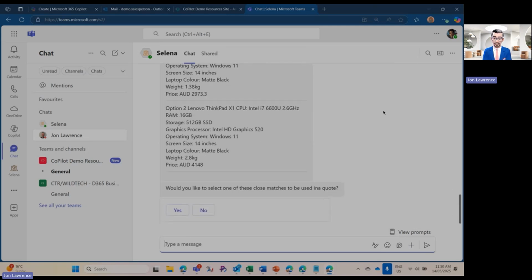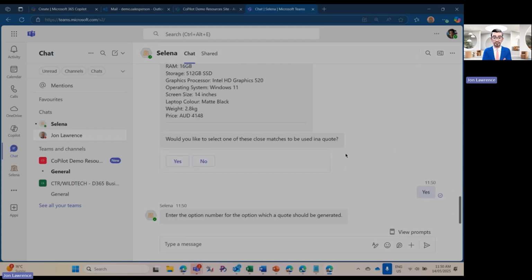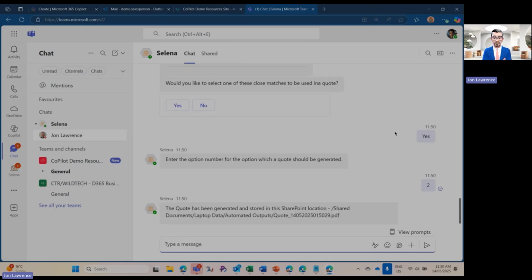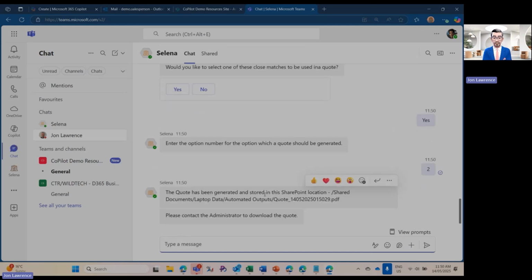So she's now asking us, would we like one of these close matches to be used in a quote? We'll say yes. And obviously she needs to know which one. So do we want option 1 or do we want option 2? I think for this, we'll go with option 2. And then as we've seen before, she now knows which option to go with. She's getting all of that data. She's picking up our quote template. She's pushing all of the data into that template and creating that output for us